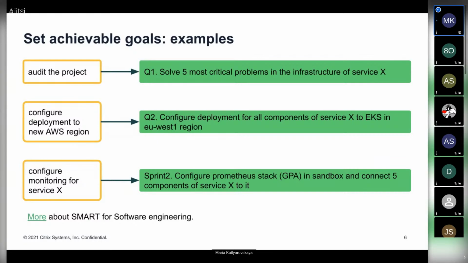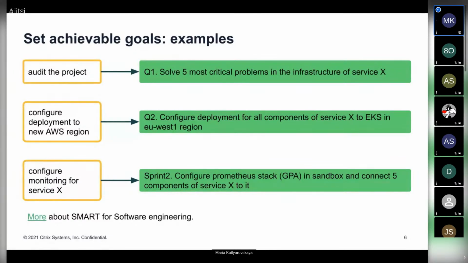It's better to rephrase this goal to something more specific, like solve the 5 most critical problems in the infrastructure of Service X. This description will help managers, team leaders, and your teammates understand more specifically what you're trying to do and how to measure it, because you have defined points.